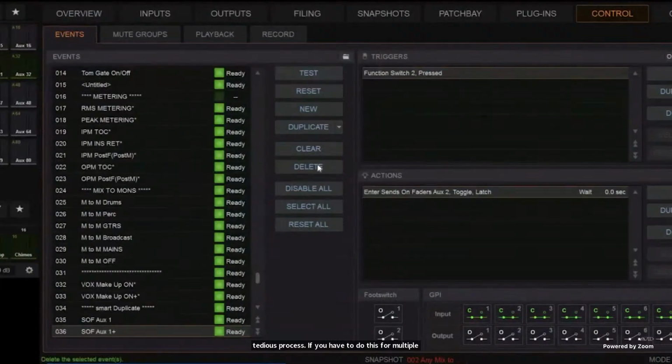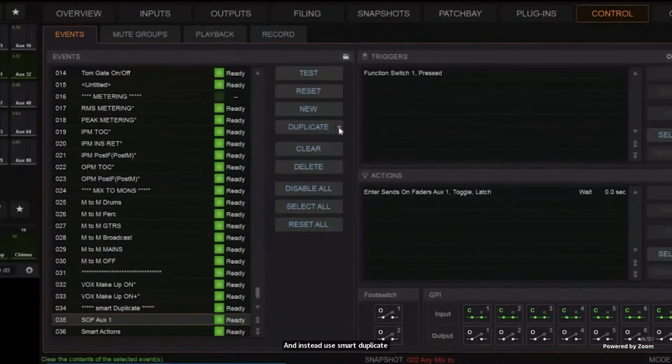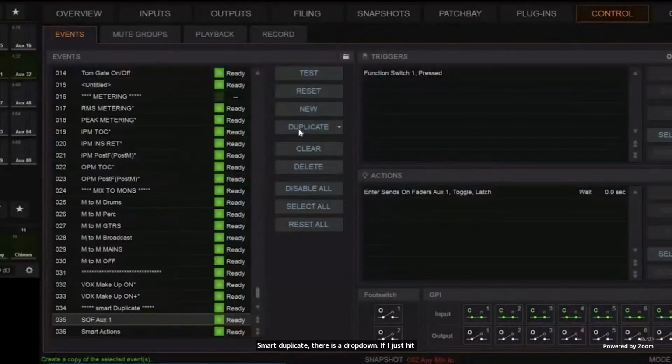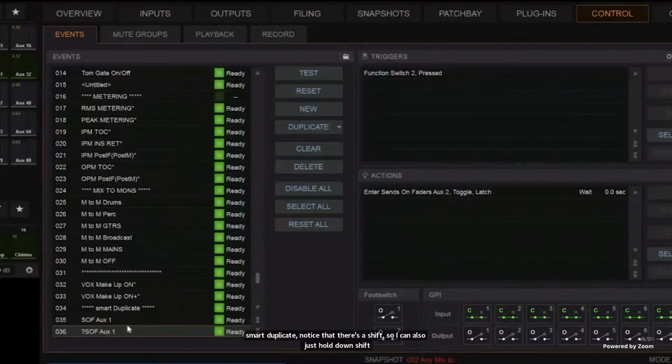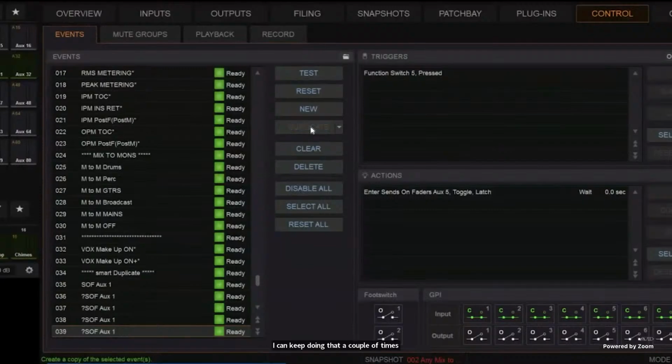So I'm going to delete that one and instead use Smart Duplicate. Smart Duplicate, there's a drop down. If I just hit Smart Duplicate, notice that there's a shift. So I can also just hold down Shift on my keyboard, hit Duplicate, and now it has Smart Duplicated my event. Function switch 1 has become function switch 2. Sends on faders for aux 1 has become sends on faders for aux 2. I can keep doing that a couple of times, and whenever I do that, it'll just increment both the trigger